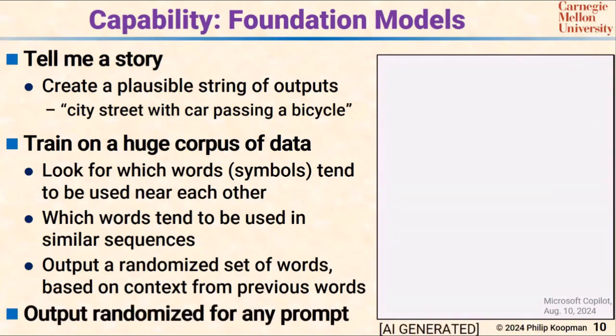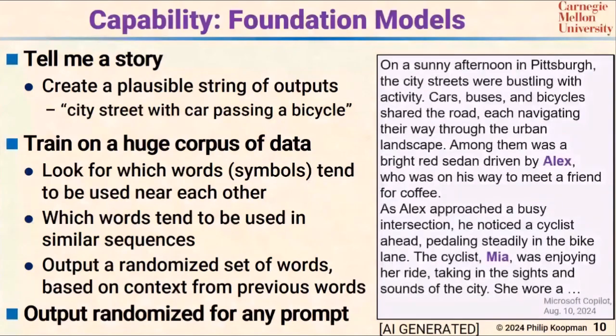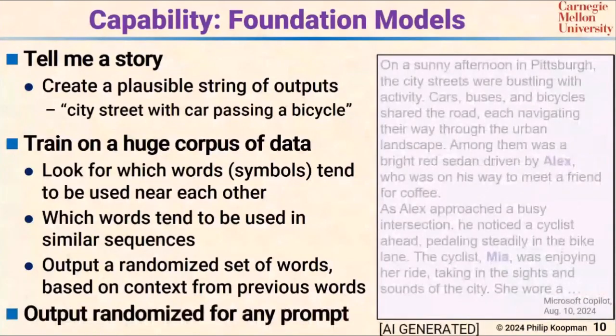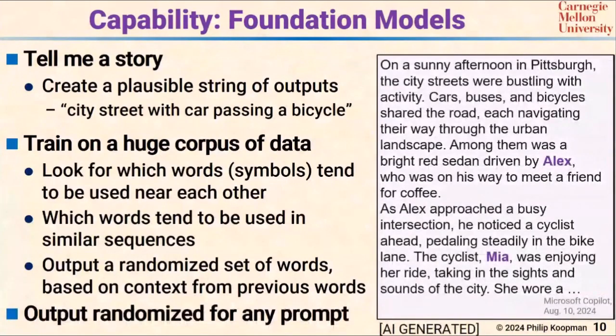It's super impressive technology. And something important is every time you ask it, you get a different answer. So the first time it gave me Sarah and Mark, and the second time it gave me Alex and Mia, and it was a different story. And that's great, because now you can think of, for example, asking a large language model, a foundation model, to say, all right, show me a city street with a bicyclist and a car passing it, give me a description of a story, and then feed that story into a generative AI system to produce a picture or a video. You can do some really powerful stuff with this if you want to train a robotaxi, but there's lots of other stuff, for good and bad. We're seeing applications of this all over the place.